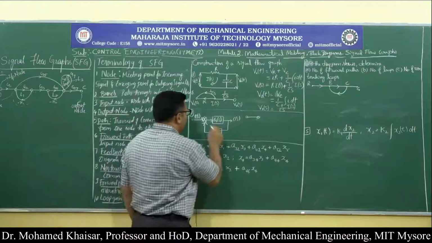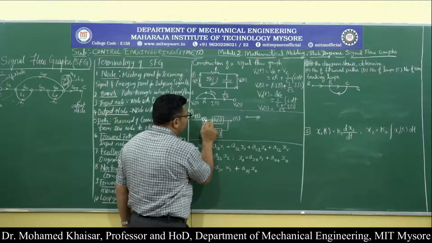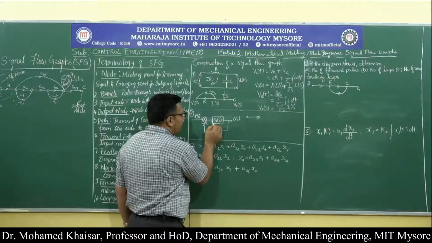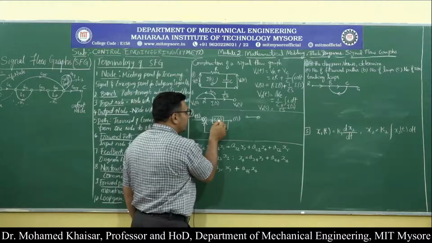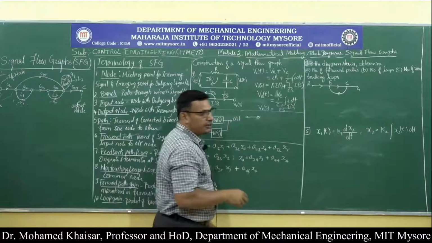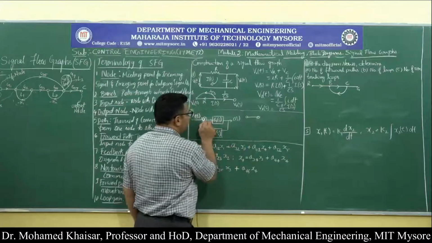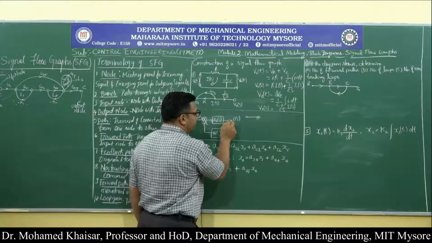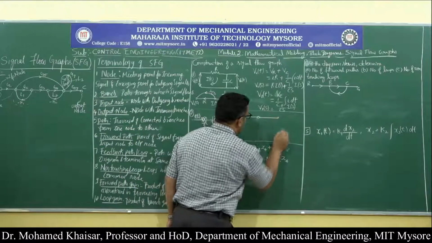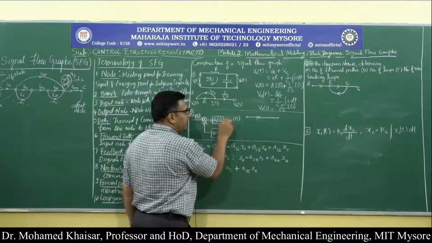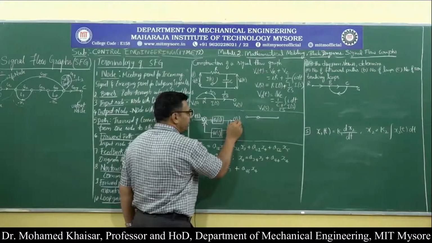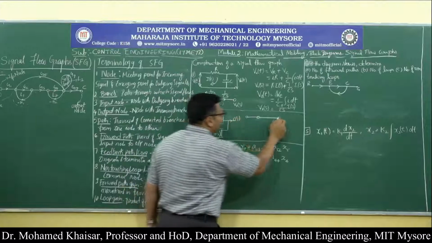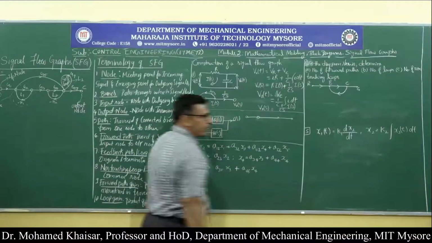Then from here, in the block diagram, the signal goes inside the block, whereas in the signal flow graphs, the signal comes out as the branch gain. So from this summing point to this takeoff point, there is a path. This takeoff point has been written as a node. Then from here it is going in this direction. Again, there is some point where it ends, so that is also assumed and written as a node.